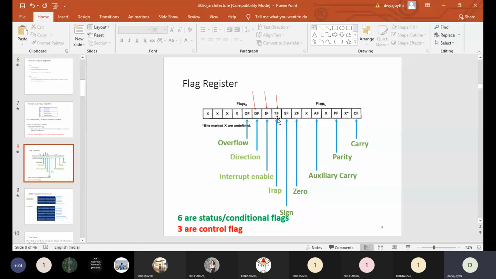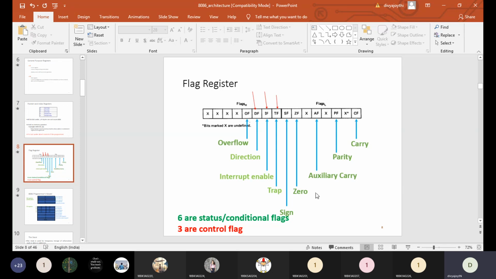SF, sign flag. TF, trap flag. IF, interrupt flag. DF, directional flag. OF, overflow flag. Quickly: carry flag, parity flag, auxiliary carry flag, zero flag, sign flag, trap flag, interrupt flag, directional flag, and overflow flag.